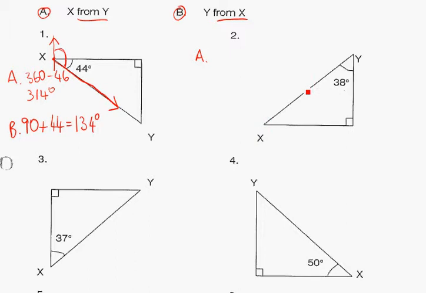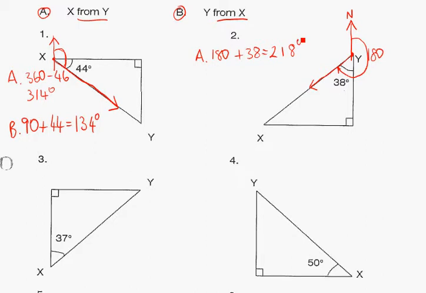Right, number 2, same thing, we'll start with A. The bearing of x from y means I'm standing at y and I look north, draw in a small north arrow. And now we start on the north arrow, we start turning ourselves around clockwise all the way until we hit the line of direction we want to travel on to get down to x. I clearly have 180 around to there, plus an extra 38. 180 plus 38,